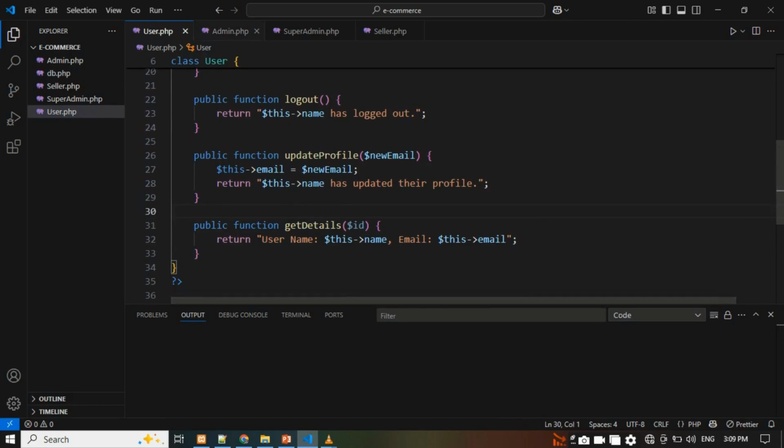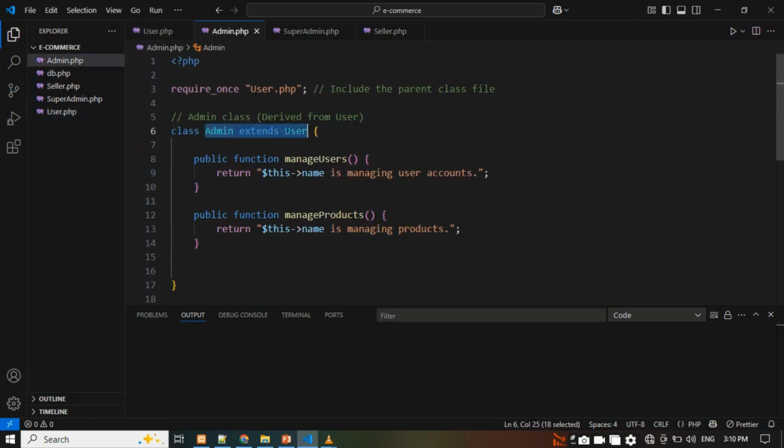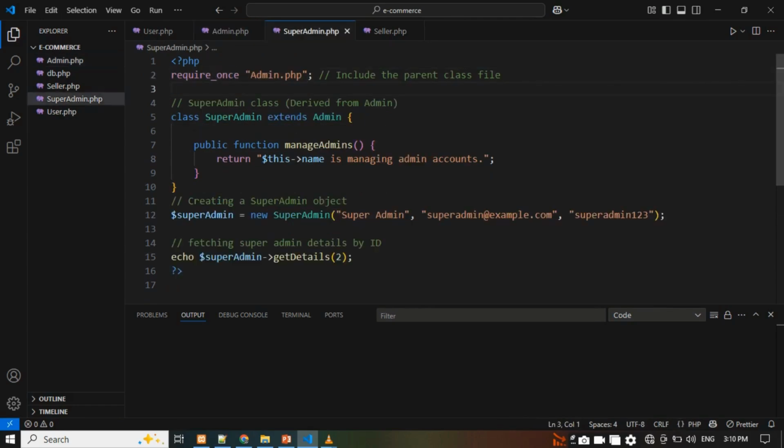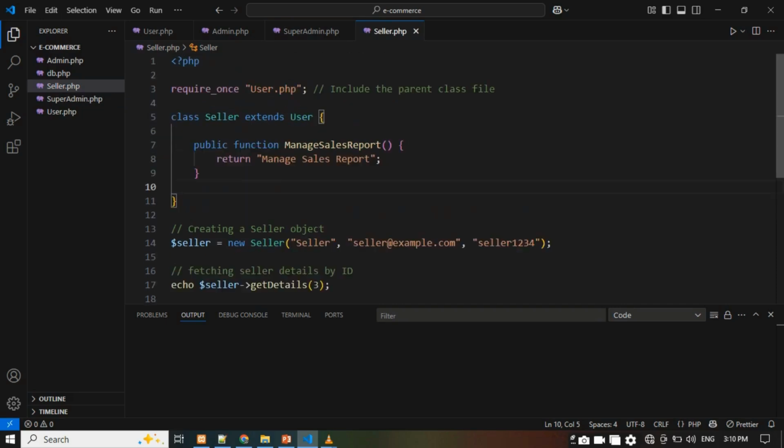There is also an admin class that extends the user class and adds its own properties and methods for managing user data and product data. Furthermore, we have a superadmin class that extends the admin class and includes its own properties and methods for managing admin data. Now, let's introduce another class called seller, which also extends the user class and has its own properties and methods, such as managing sales reports.